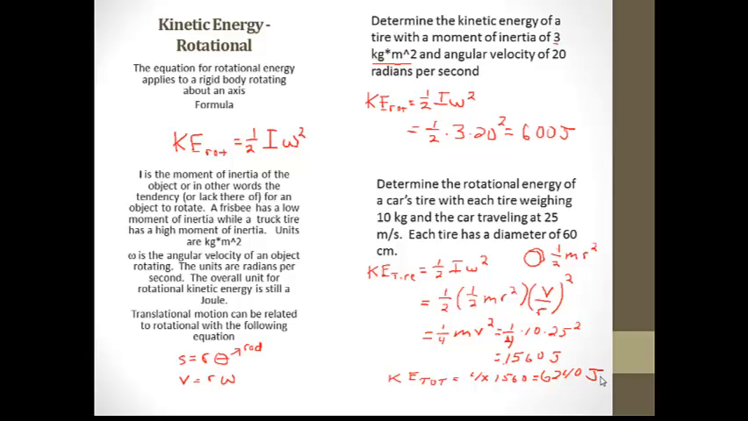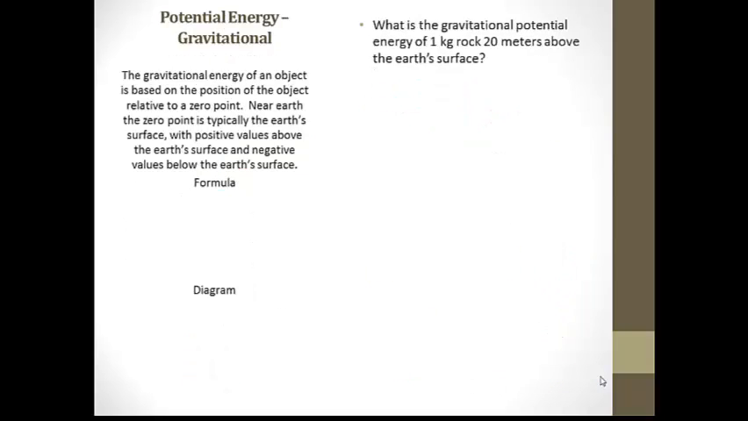Alright, let's move on. Potential energy, gravitational potential energy. Gravitational energy of an object is based on the position of the object relative to a 0 point. Near Earth, the 0 point is typically the Earth's surface, with the positive values above the Earth's surface and negative values below the Earth's surface. The formula, we're going to use the symbol of U, potential energy, and gravitational potential. There's different types of potential energy, but you will use U sub G, and then the formula is